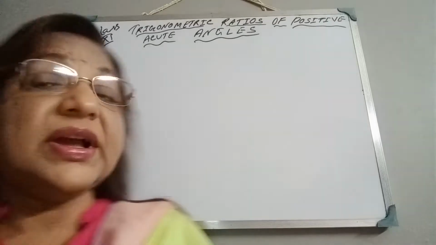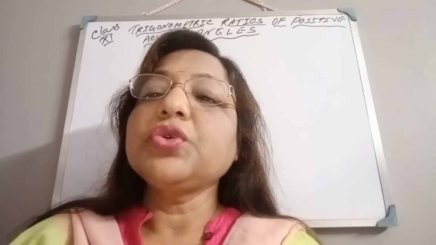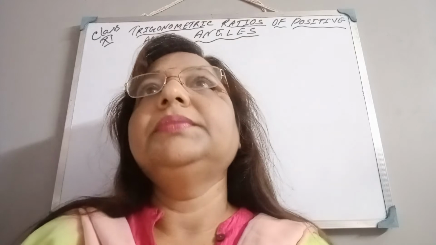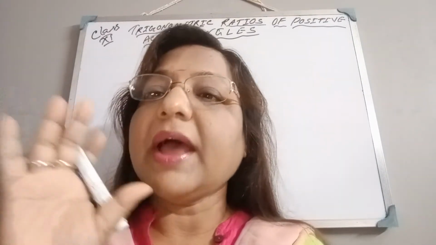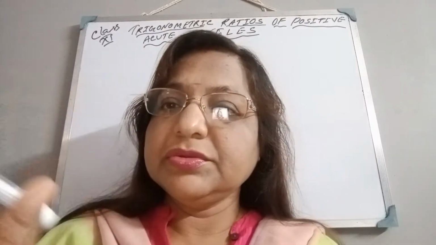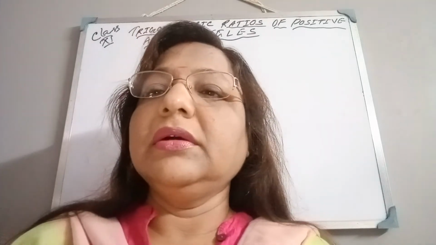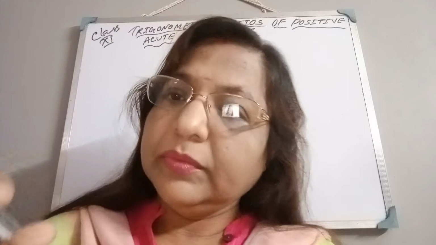Look, trigonometric ratios of positive acute angles. Today I will start this chapter. It is also from class 10, but here there are so many different sums. We will do them one by one, and this is also the recapitulation part. That means in class 10 you did the identity part. Now prove this equal to this; the chapter is just like that, and there are a few things that I will prove right now, and we will recapitulate the previous formulas also.